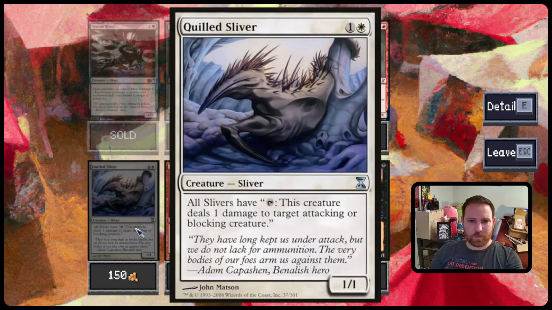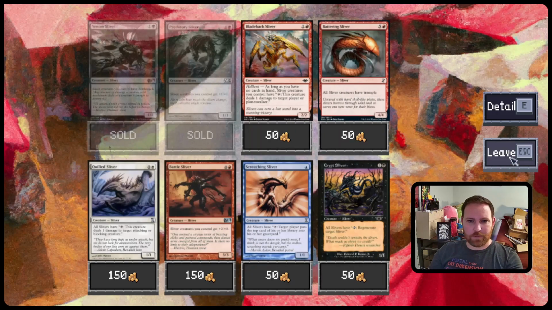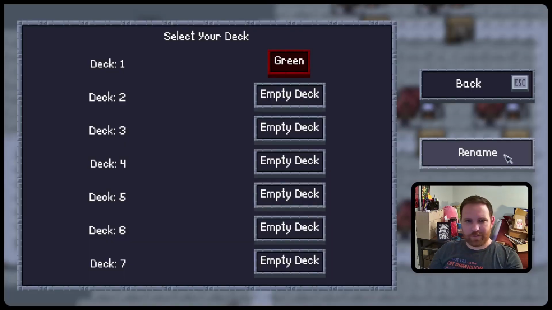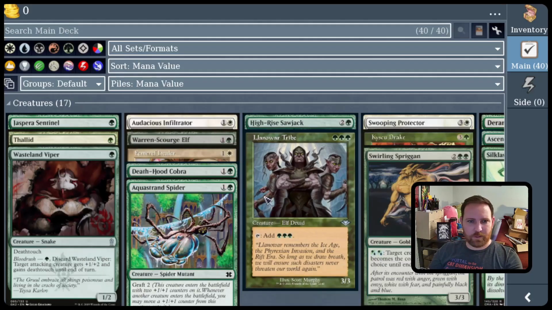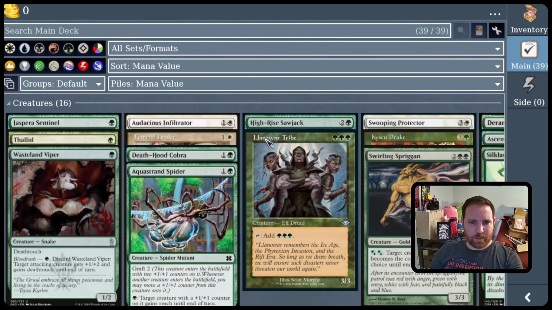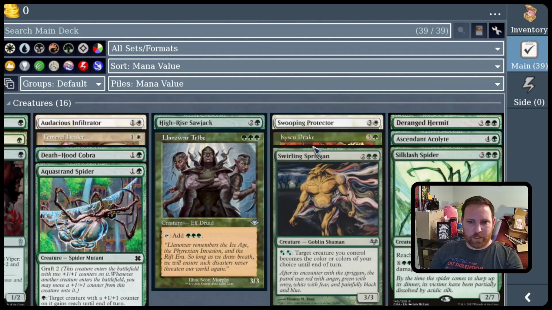Oh, Quill Sliver can be good too. If I had another $150, I would probably buy that Quill Sliver. I don't usually try to build slivers ever in my life, but every once in a while. So let's see, what do we have? This is a 2 mana 1/1 protection from goblins. No thank you. And probably cut something